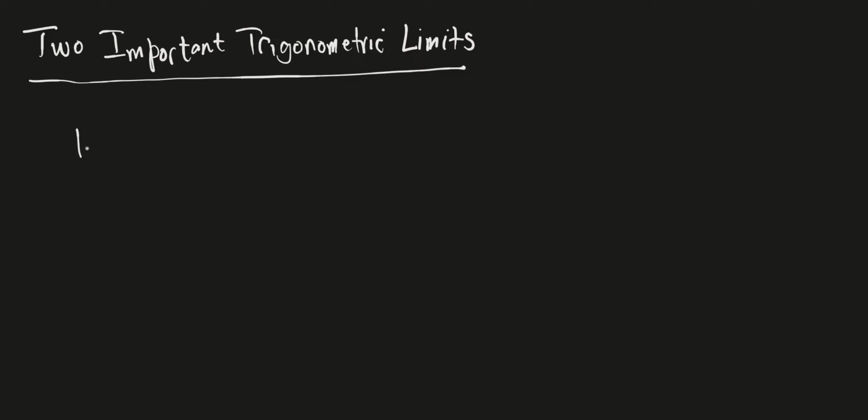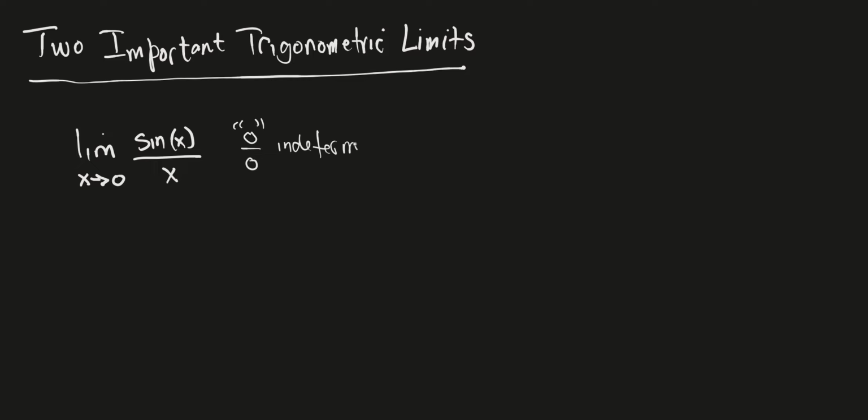And the first limit is this one. The limit as x approaches 0 of the sine of x over x, right? And again, the limit of the numerator is 0, the limit of the denominator is 0, so we do have an indeterminate form,